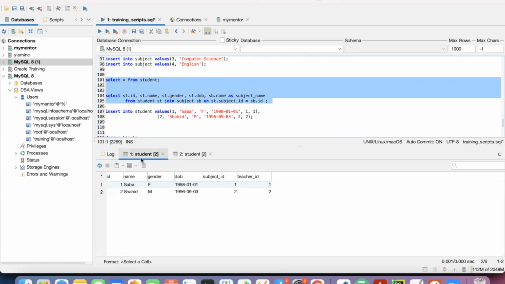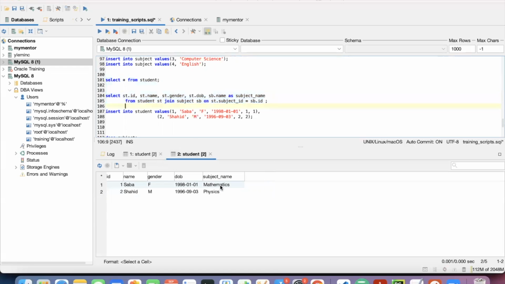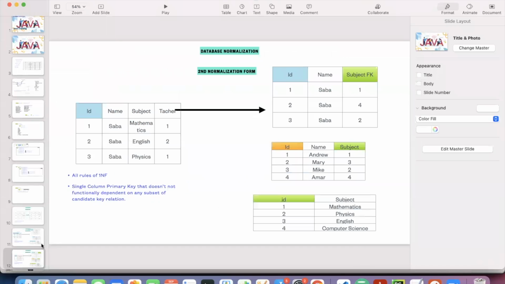Okay, look at this one. If I query the whole student table, it has subject ID. At the same time, if I query with the joins, I get subject ID here because I am joining on the table. So this is the way you can join two tables. This concept is called inner join. So inner join, how it works is,